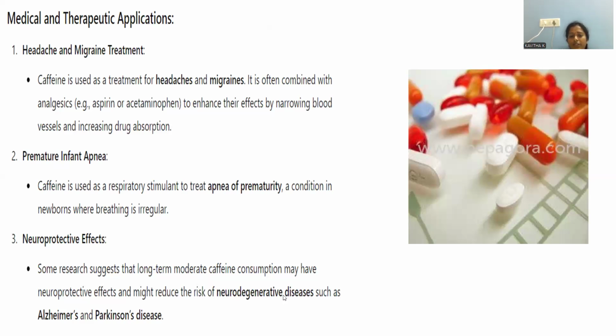Whenever neurodegeneration occurs, there are subsequent impacts we can notice, that is Alzheimer's and Parkinson's. Alzheimer's is when we are not able to remember things in a proper way, and Parkinson's is a disease due to a neurological disorder. The particular parts are not able to work in a proper way, due to the insufficient secretion of dopamine, right? These will be mitigated, retarded, by means of the consumption of caffeine.